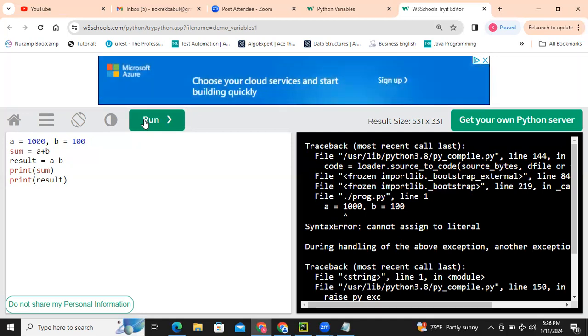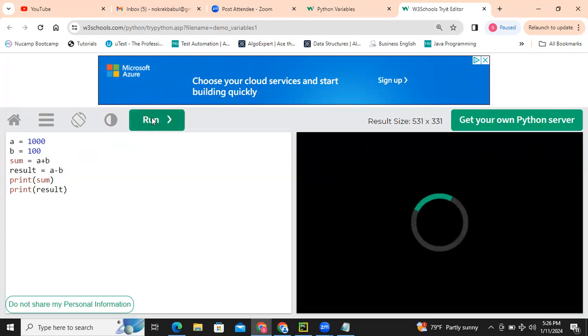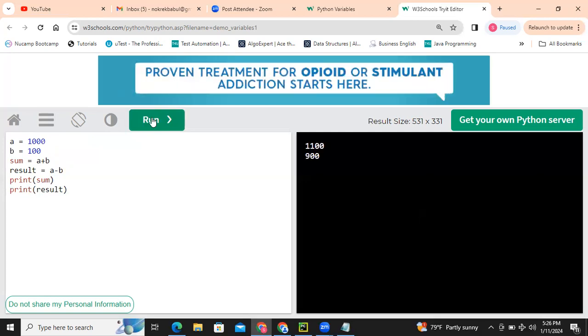Cannot assign to literal. So Python doesn't allow it, though in Java it is possible, right? Yes. All right. Now,